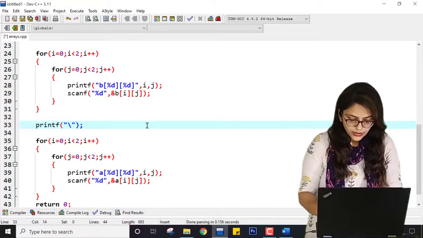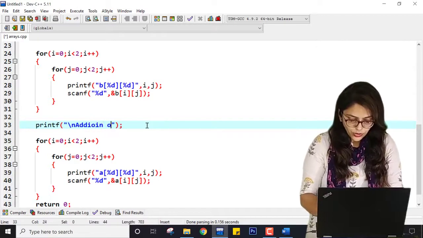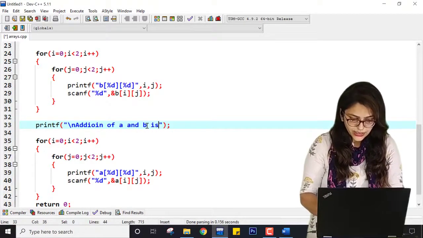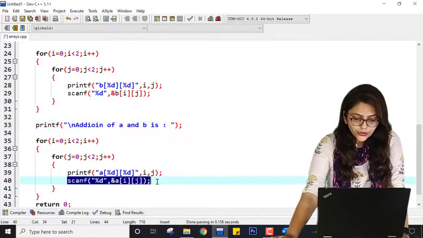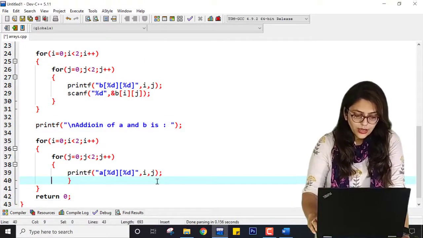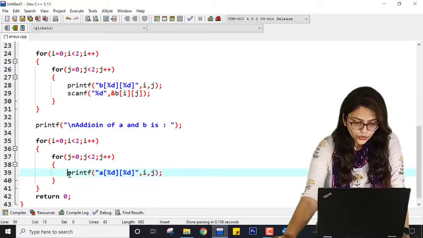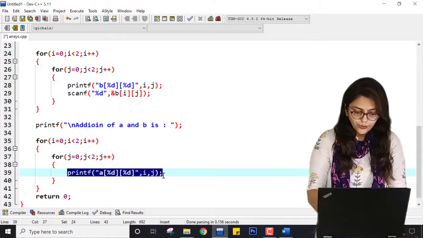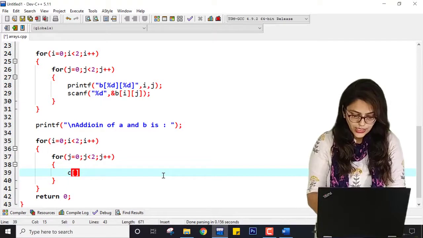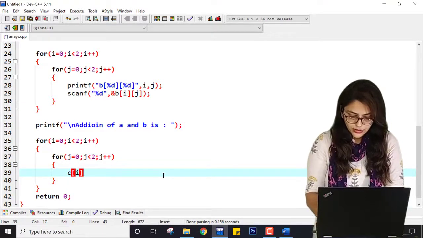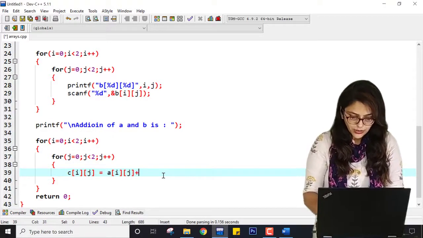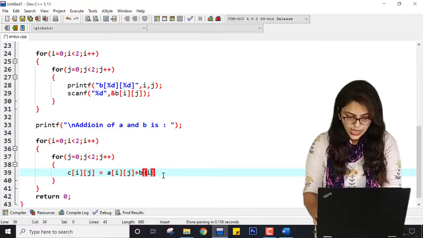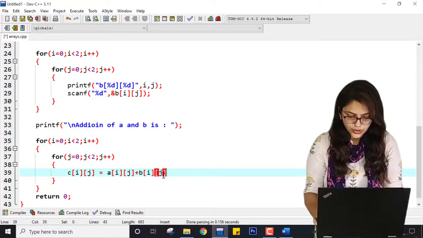Now to add this value, I again have to take another loop where I am writing addition of A and B is, and then inside this I do not need to write scanf, and I can just do C of i comma j equal to A of i comma j plus B of i comma j, right?